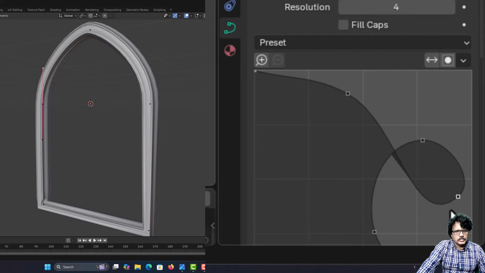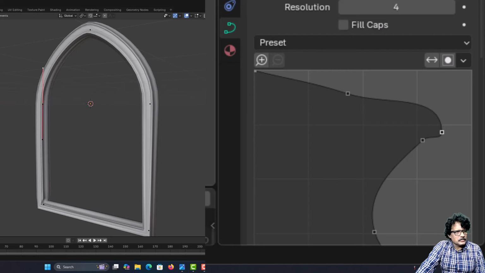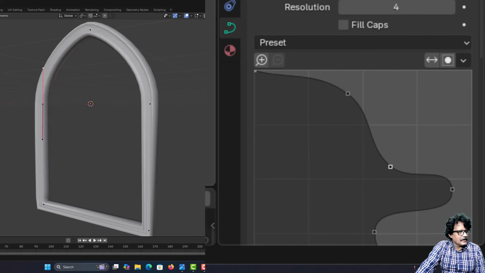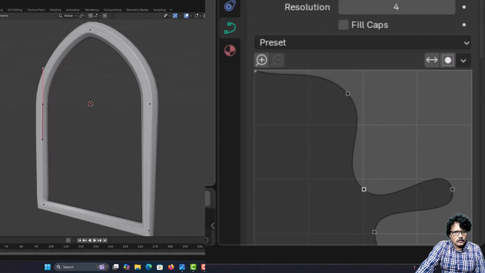I got this shape. And one thing is, this is twisted here. I don't want this twisting to happen. So I will just drag it here like this, a little more here. So I create a shape like this, and now once I am happy with it,